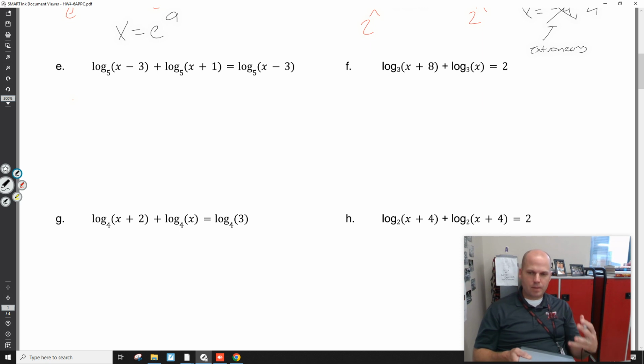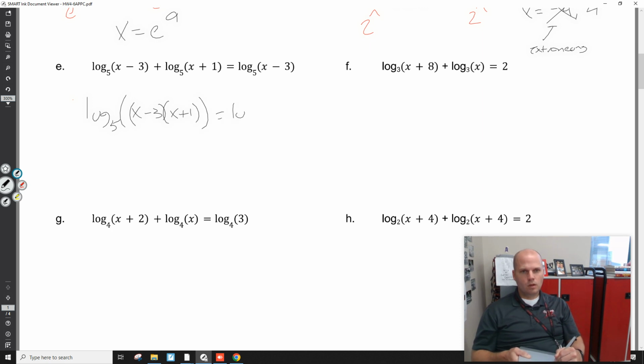If you are summing up, very similar to x to the 2 plus 3, you can write it as a product of x minus 3 times x plus 1. I'm going to keep this as log base 5 of x minus 3. That's fine. Again, now that we have a log on both sides,